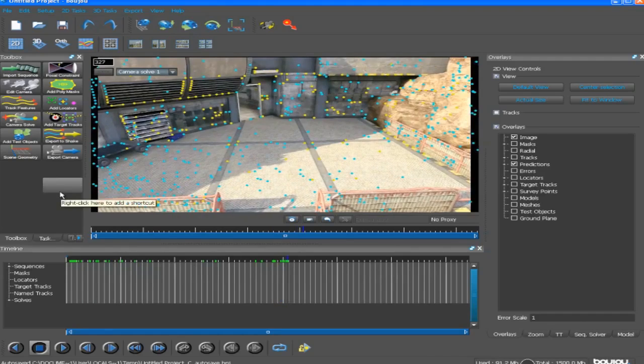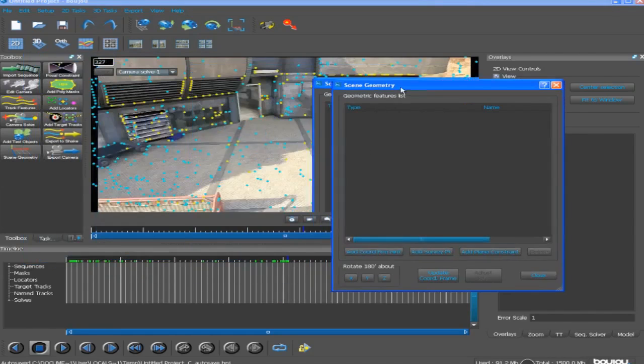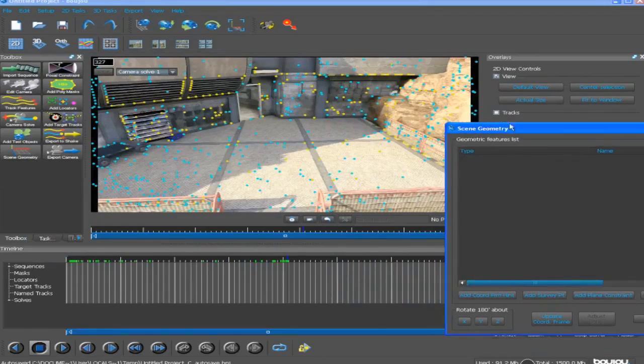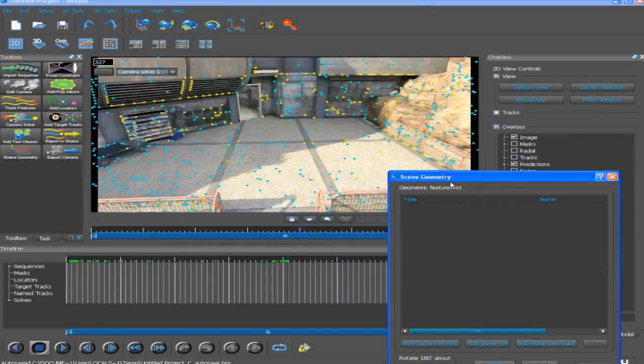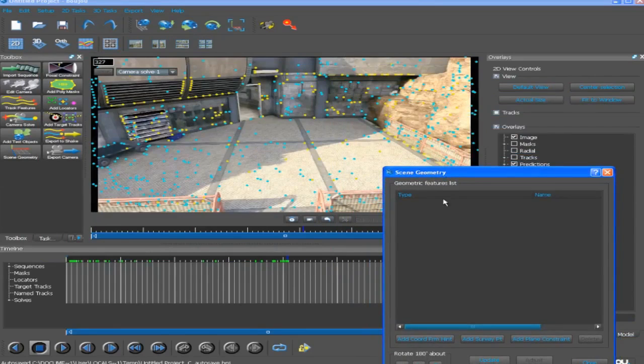So this is the hard part right now. Basically, you're going to go to scene geometry, and what scene geometry is, is where your text is going to be. I just put mine around here, just so it's not in the way of my cinematic that much. What you're going to do first is hit add chord frame to hint,